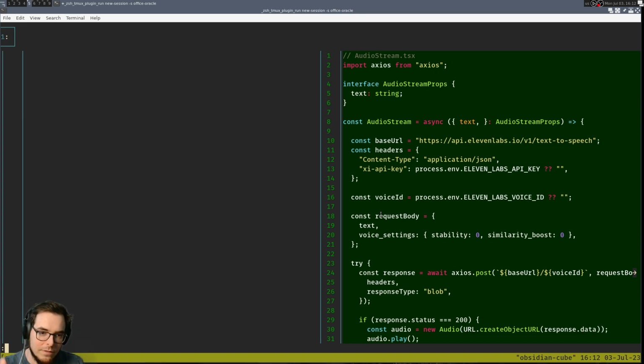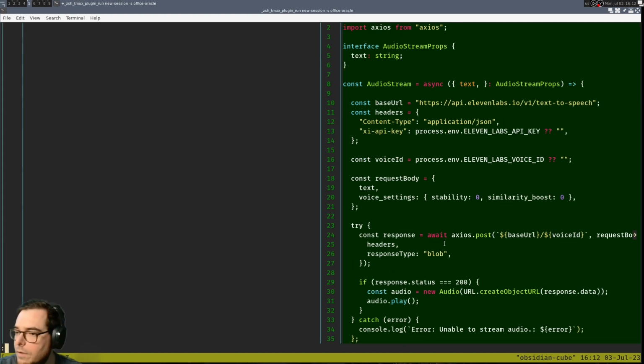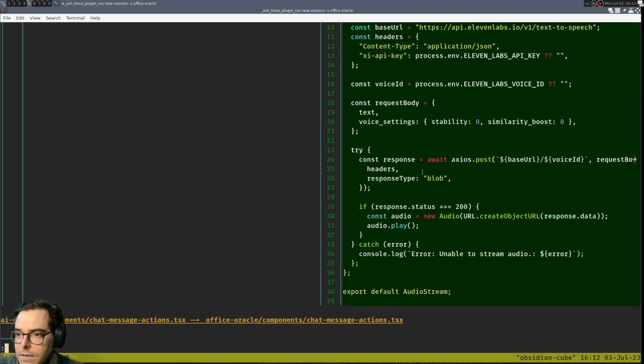to add a little button. So if you click the button, it's terrible UX, and it's not easy to see. If you click the button, then this audio stream function is run, essentially. And what we do is convert the text, which is the body of the content that was sent in, or that was produced by the LLM, right? So this is like post response. We make a request to the ElevenLabs API. We specify the voice ID, which is also set as an envar, even though it's not a secret. And then do a post, and then we get back